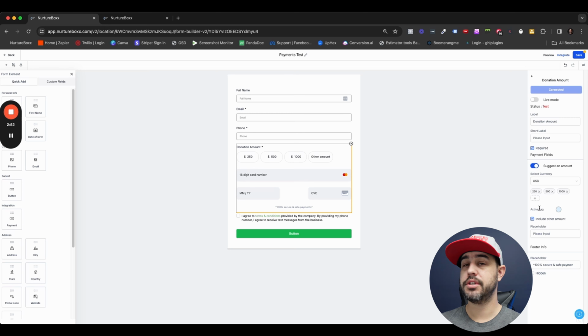Now, another use case for this could be that if you've got a sales team and you need to take deposits just really quickly on the fly, you can have this form easily accessible to them inside the HighLevel dashboard or inside the contacts page. They can click on this, enter the details, and make a deposit for that customer, which is, I think, another just great feature. So let's actually go and hit preview on this,